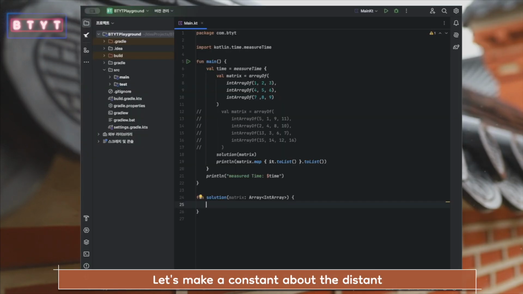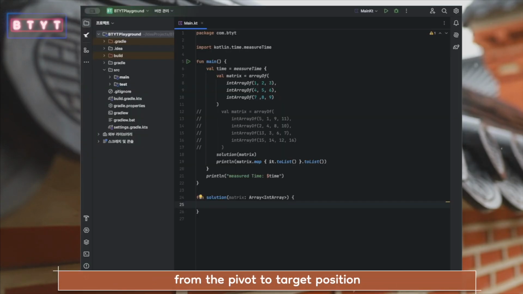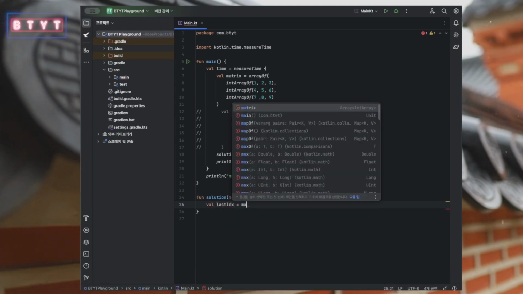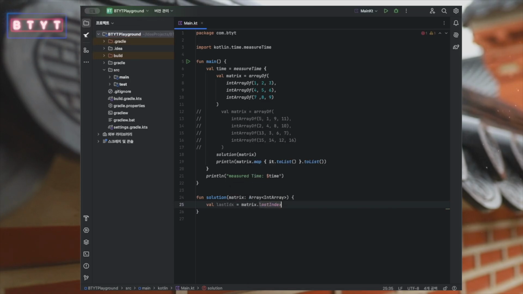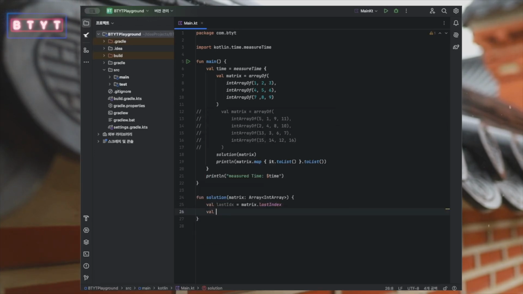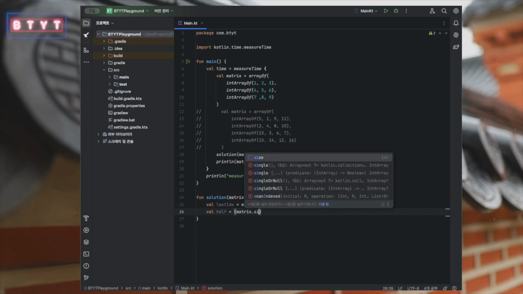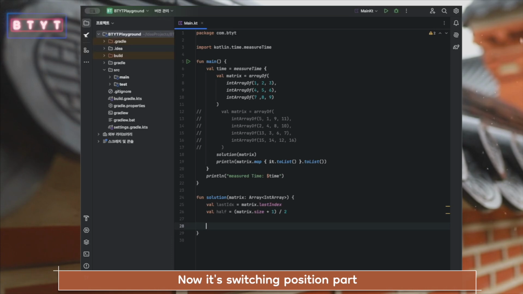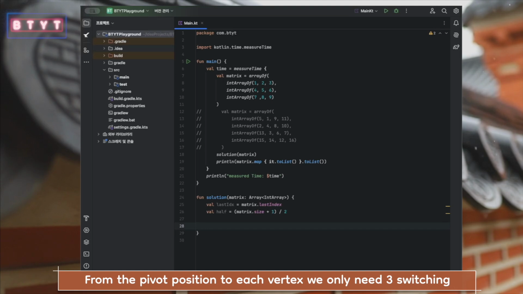Let's code it up. Let's make a constant for the distance from the pivot to the target position. And how many nested squares? Now it's the switching position part. From the pivot position to each vertex, we only need 3 switchings. Pivot to top right,